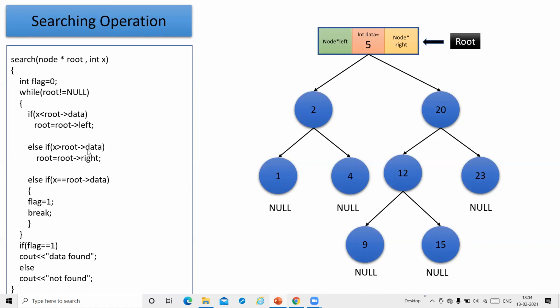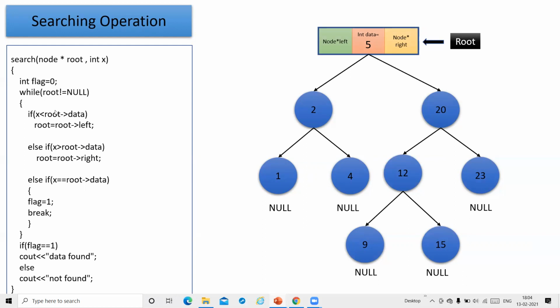Else if x is greater than the root data, root is equal to root right, that means we are moving to the right subtree. Else if x is equal to the root data, that means the operation is successful and we are setting flag equal to 1 and coming out of this search. So if the flag is equal to 1, that means the data is present. Otherwise, the data is not present in the tree.